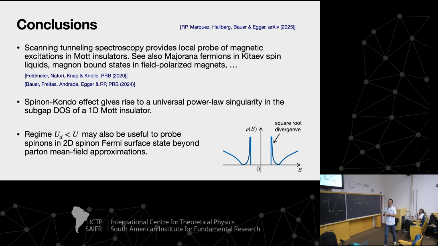But even in 1D, you expect to form some singularity like you have here inside the gap? In the other case, yeah. In general, if you have a peak, something below the gap, and you couple this level to the gapless modes in the spin sector, I would expect a power law singularity of some kind. Yeah. Okay, thank you.